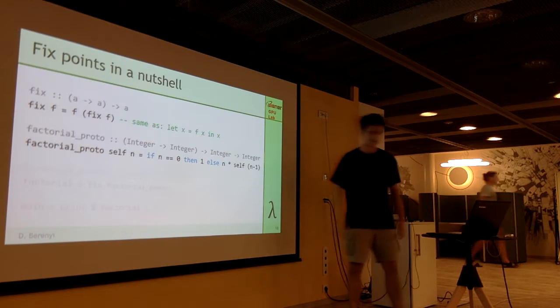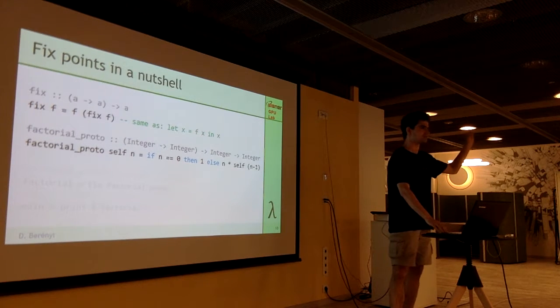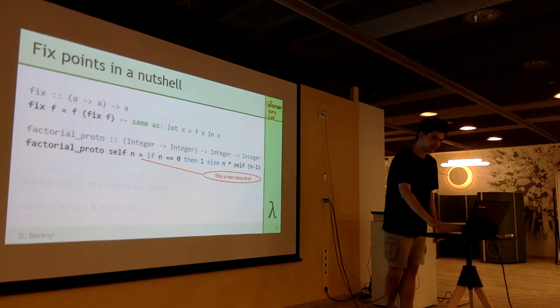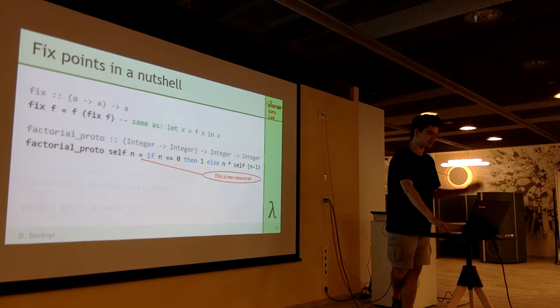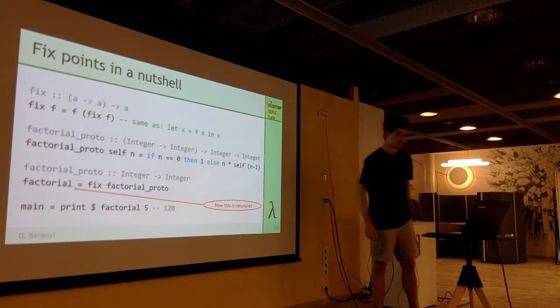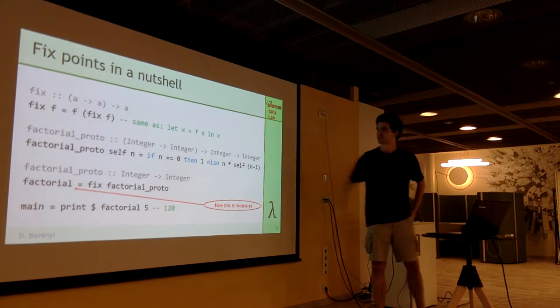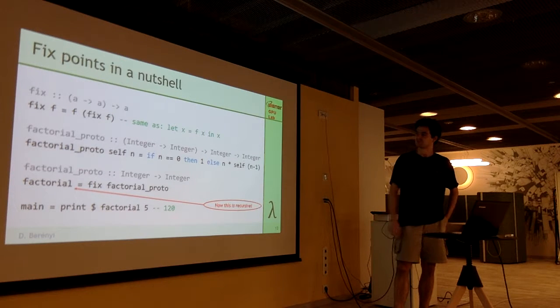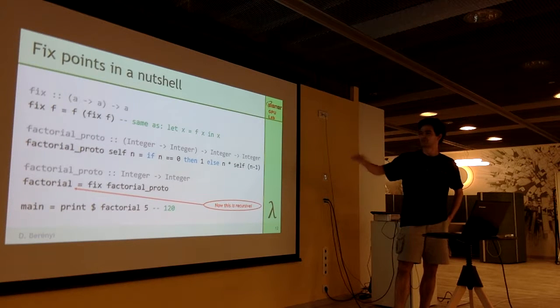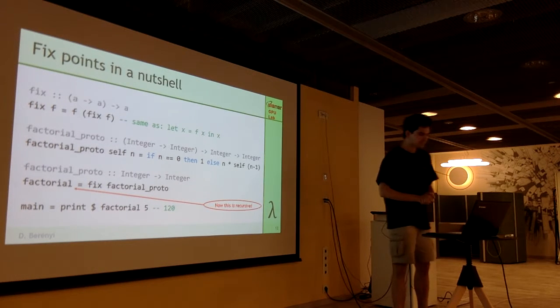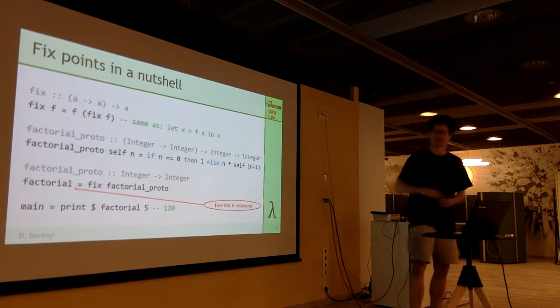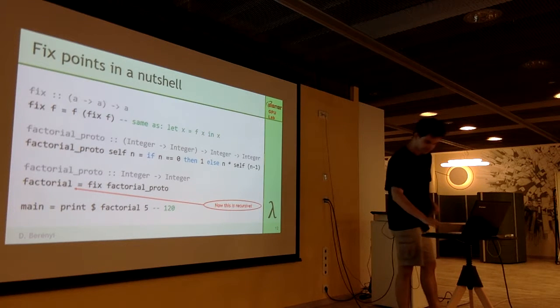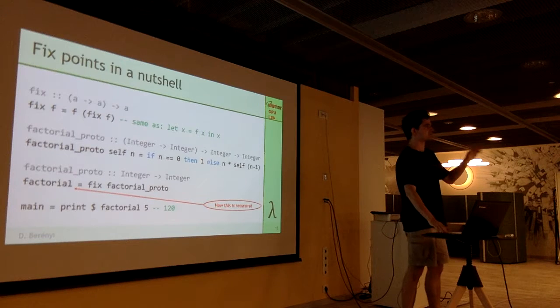It is decremented here. Now, this is just one step in the recursion, and if we would like to make this really recursive and repeat for a larger number downwards until it hits 0, we can use this fixed point combinator that we wrote above, and we just fix the function, the prototype, and we are done with the wanted factorial function and can use it and calculate whatever we need. Okay, so this was at value level.